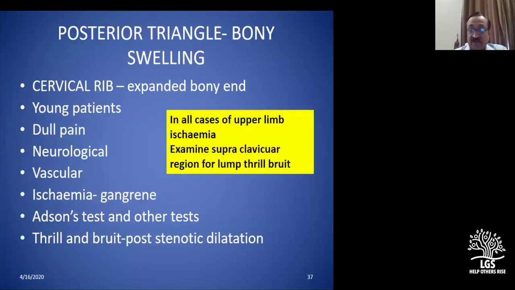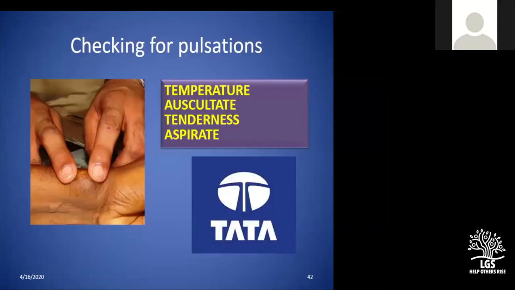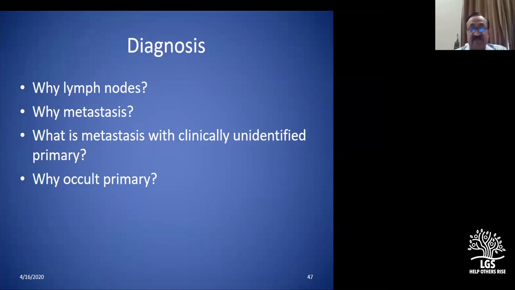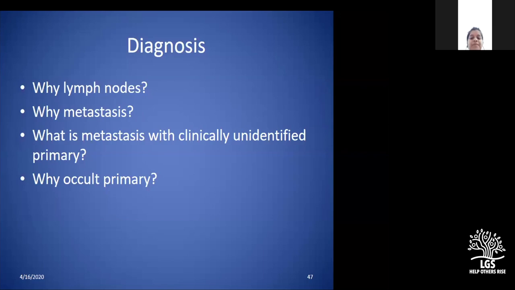Now tell me, why do you say it is metastasis? Hard and fixed. Anything else? Yes, correct. Hard and fixed. Anything else? See, madam, in the examination, you need to have 4 or 5 points so that even if you forget one, you are covered. Every case need not have hardness. Surface can be irregular. Borders are irregular. Consistency, mobility, fixity. And then, of course, if the patient has got hoarseness of the voice, etc., it will help you.